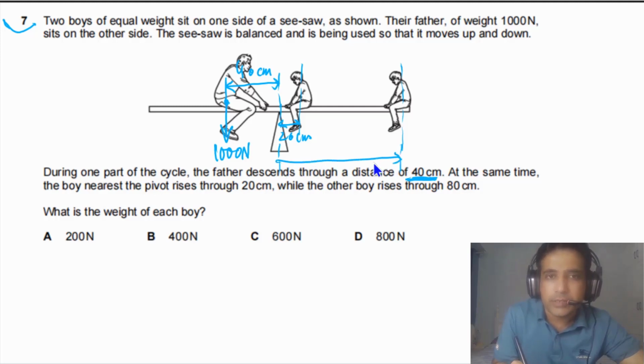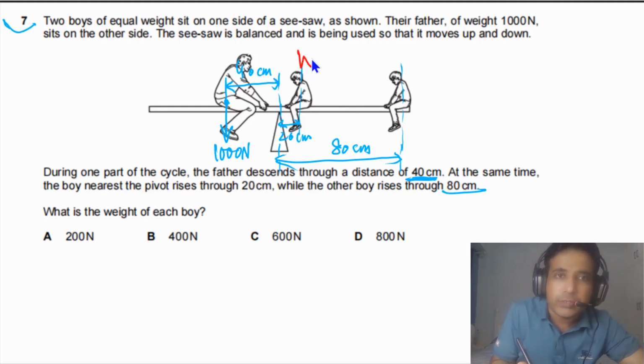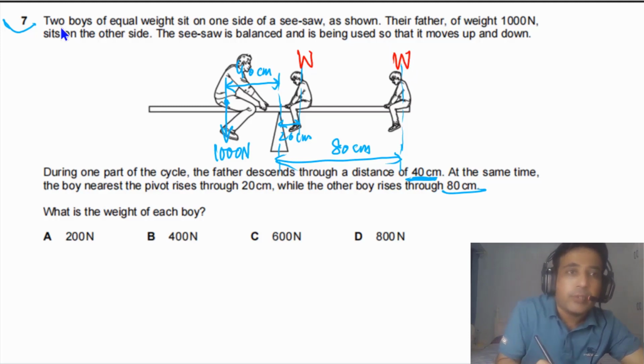and this distance is equal to 80 centimeters. So we can label this one 80 centimeters. So this is just a basic question about moment. As this is in equilibrium, it means that the clockwise moment equals the counterclockwise moment. So we can also label the moment. Let's say the weight of this boy is W. These boys have the same weight, so the weight of this one also will be W, because it is given to us two boys of equal